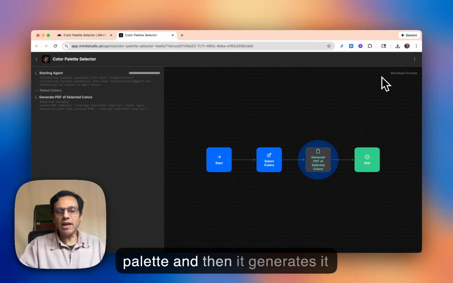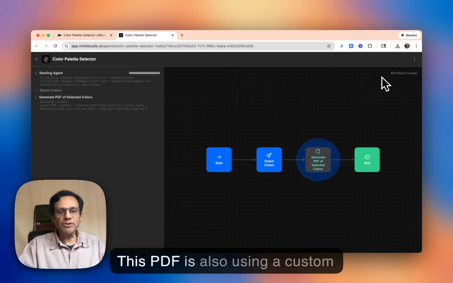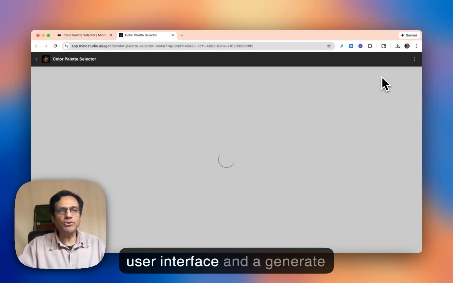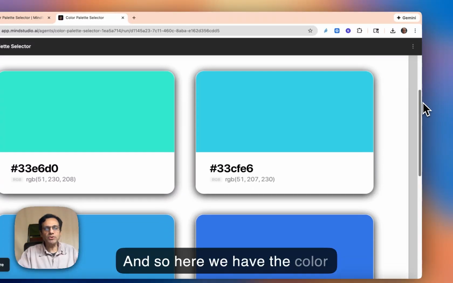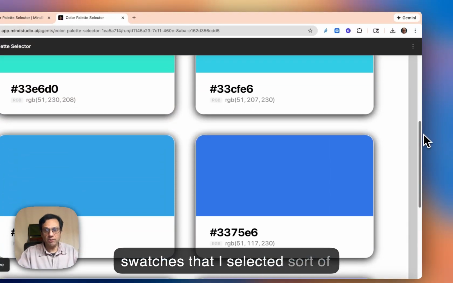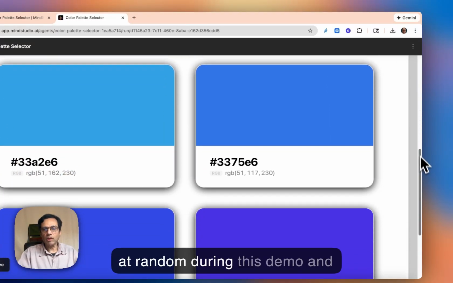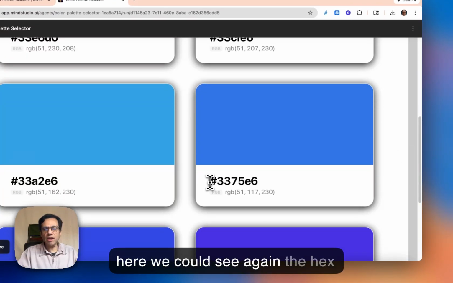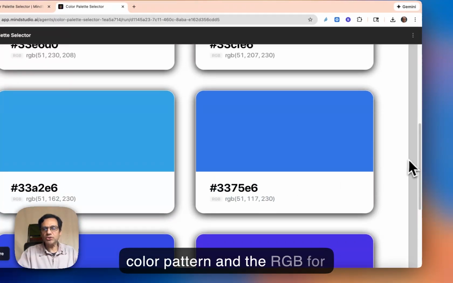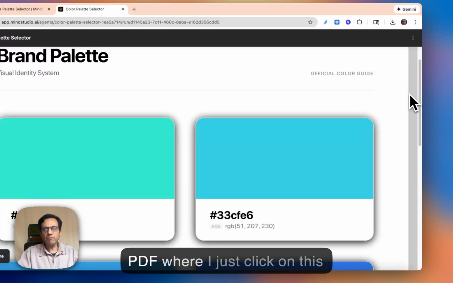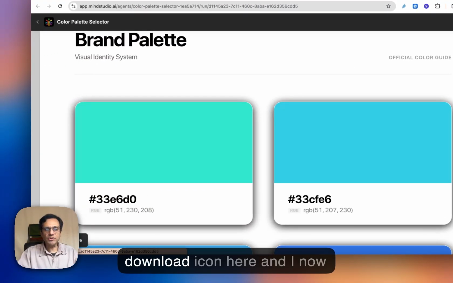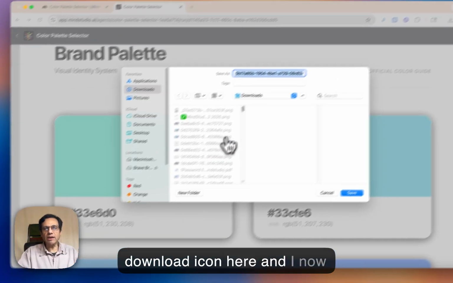and then it generates it as a PDF. This PDF is also using a custom user interface and a generate asset block. And so here we have the color swatches that I selected sort of at random during this demo. And here we could see, again, the hex color pattern and the RGB for each. And now you can download this PDF, where I just click on this download icon here. And I can now download this